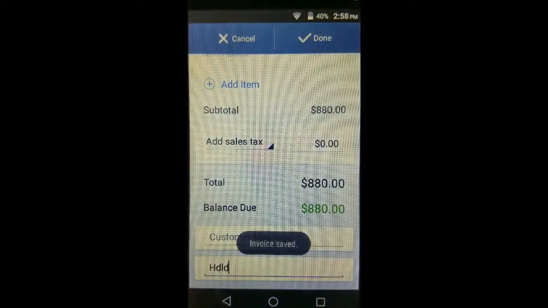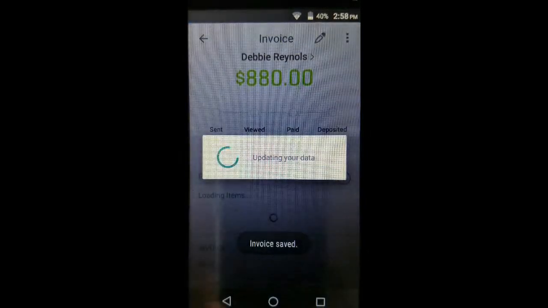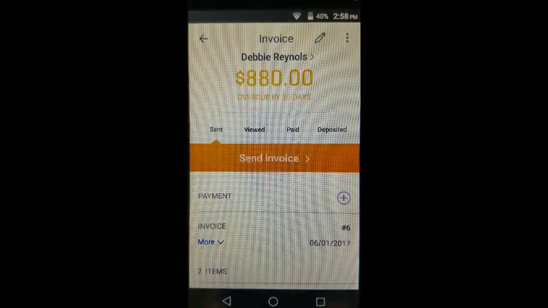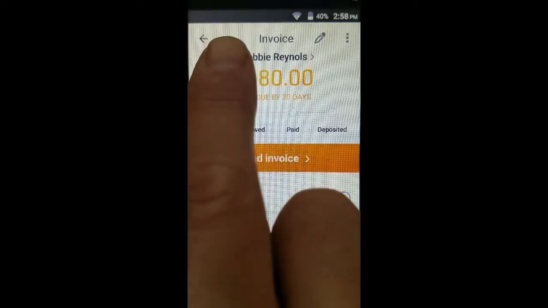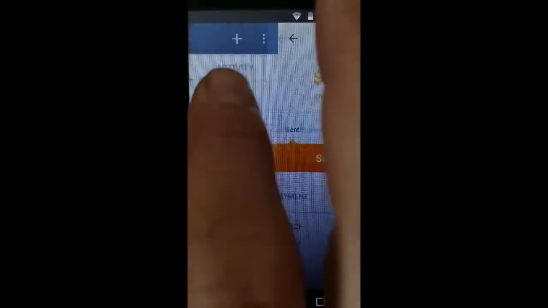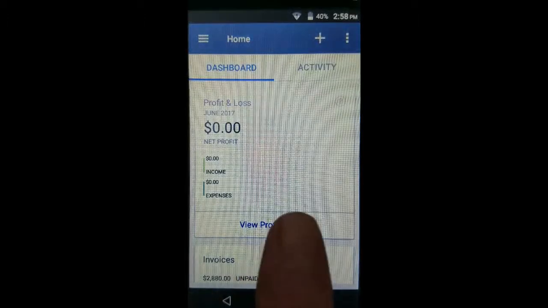And now the phone is saving the invoice. Okay, and that's what it looks like. Now we'll talk about sending, editing, printing, and deleting in another video. But if you tap the top left button here to go back to the main menu, okay, you can now,